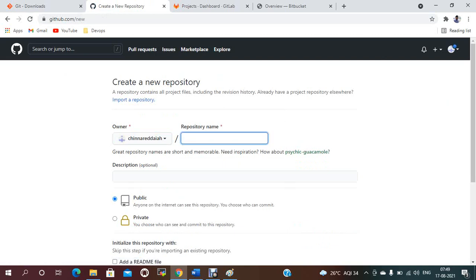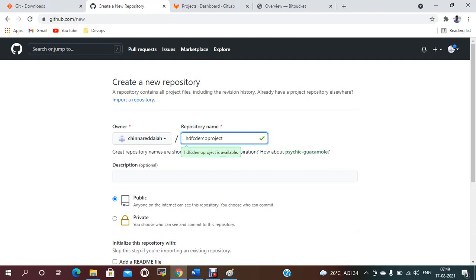You can give the repository name, which is a short name. I can give something like HDFC demo or sample, anything. Okay, demo project. This is the repository name.